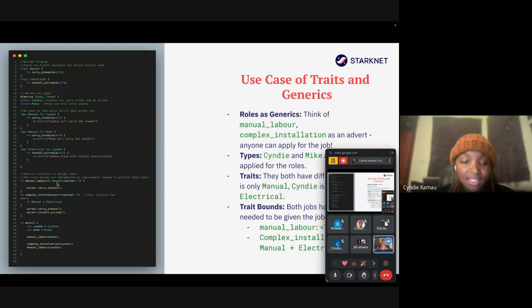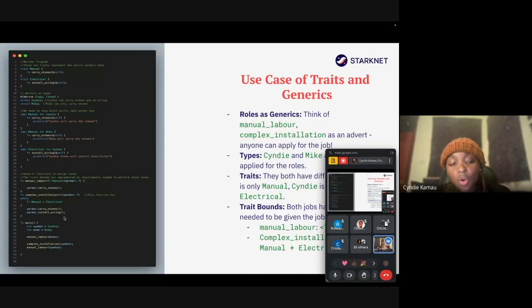If you guys can see, don't worry, when I share these resources, I will copy this code and put it in a friendly way so you can go through it and play around with it, right? So for manual, the only restriction I have is you need to do manual work, and by manual work I mean you will carry stones, okay?